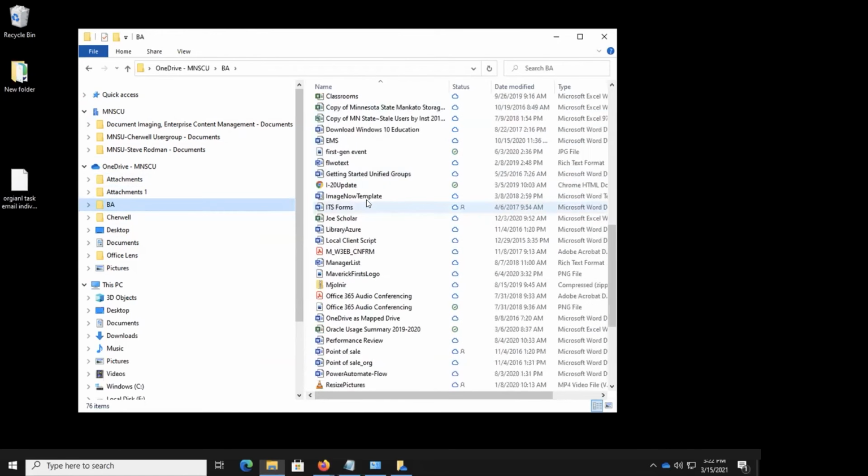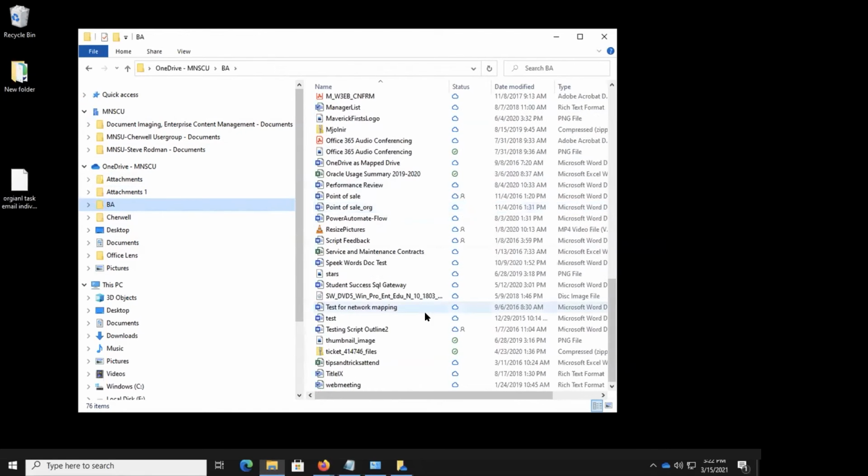And there's different pictures in here. Let's see if I can find a view with all of them. This thumbnail image has a green checkbox. That means that it's locally on my machine as well as in the cloud. This blue cloud means that the file's available in my OneDrive, and I haven't opened it, so it hasn't written the information to my local machine yet, but it's available. And if I were to open it up,